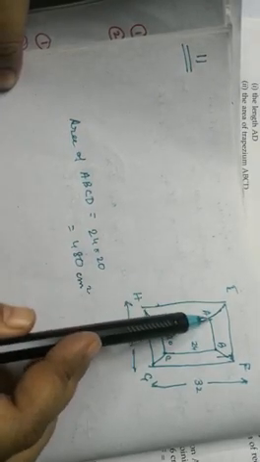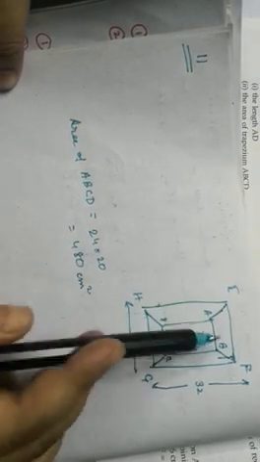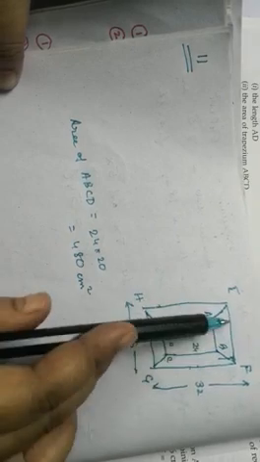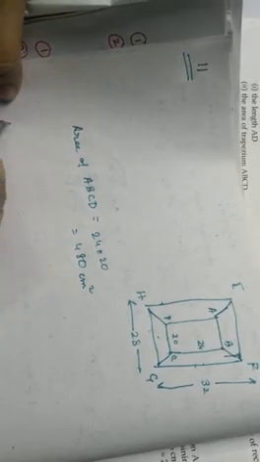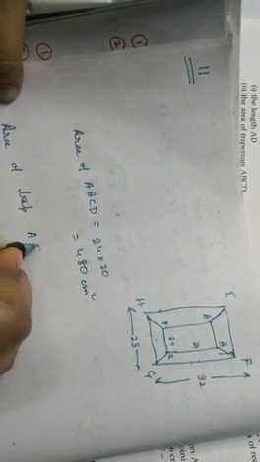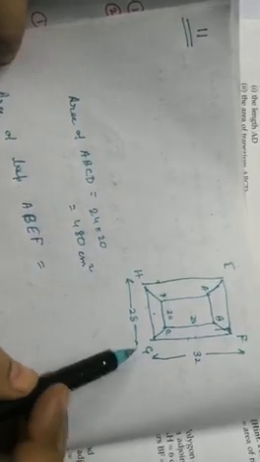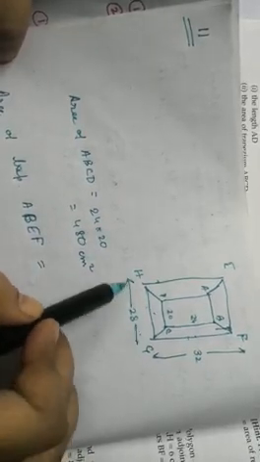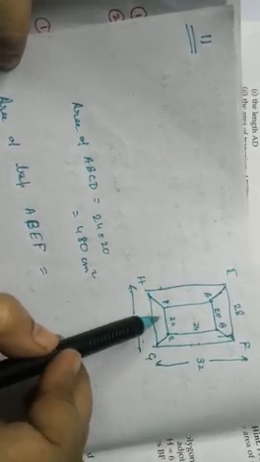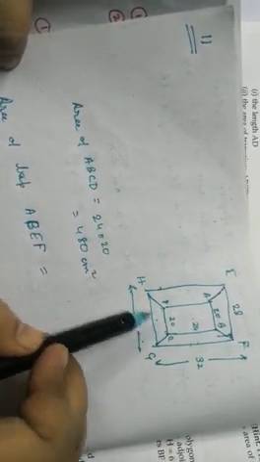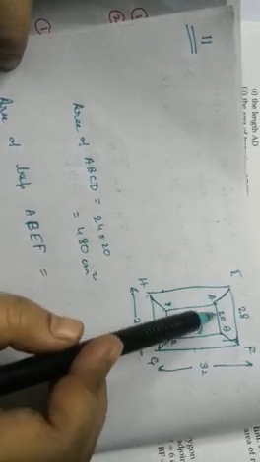Next, look at these things. These are all trapeziums. Here, here, here, here. These two will be the same and these two are going to be the same. So area of trapezium ABEF. Let us look at this trapezium. Over here you see this whole length is 28, so this one is also going to be 28. This is 20, so this is going to be 20. So for these two trapeziums, one of the parallel sides is 20, the other parallel side is 28.